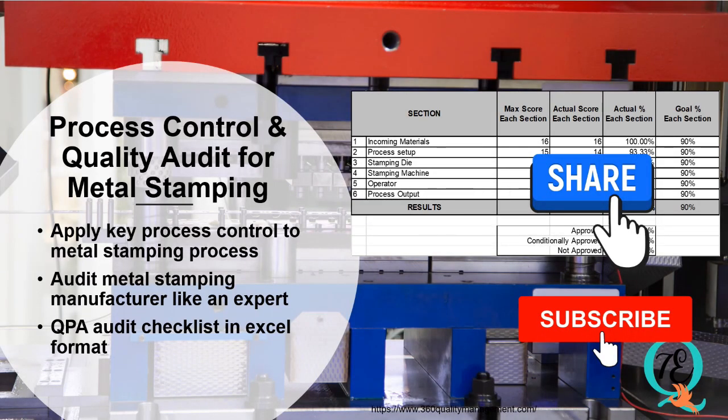I hope that you have a better idea now on what are the process controls that are needed for the metal